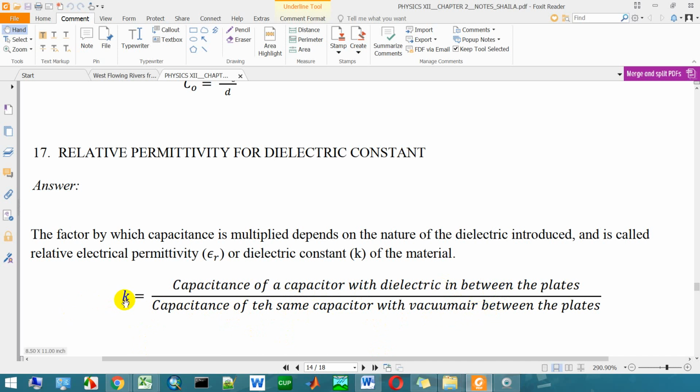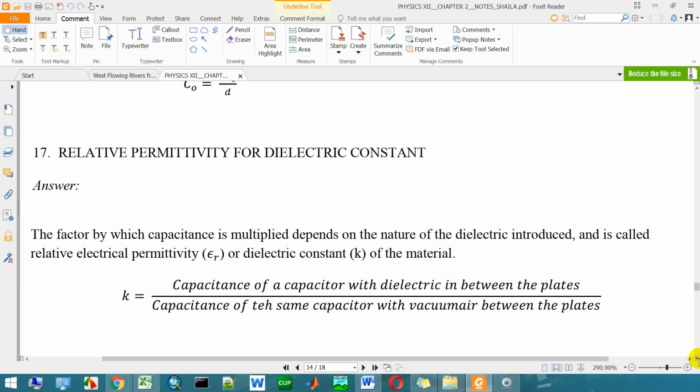And in terms of electric field and Coulomb's force, we have also defined the dielectric constant. There, the dielectric constant is the ratio of the Coulomb's force between two charges when separated by vacuum to the Coulomb's force between the same two charges when separated by a medium. And the same for the electric field also. So this dielectric constant K is Cm by C naught, which we'll prove in the next topic.